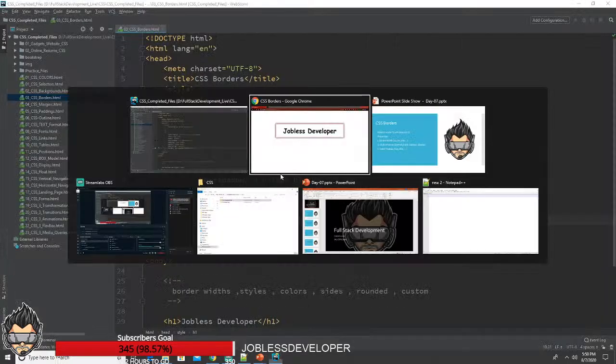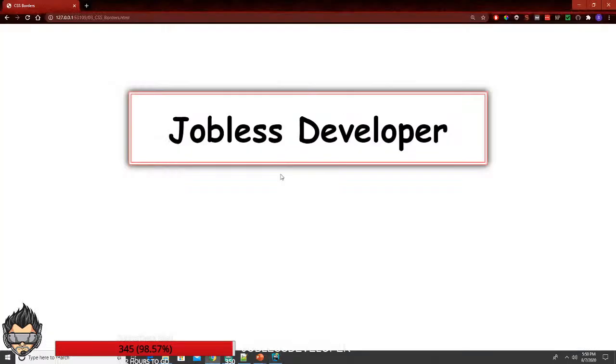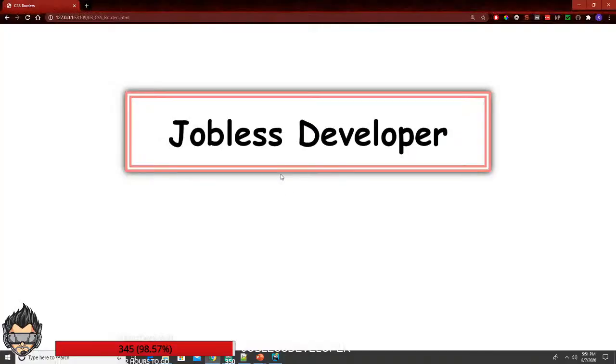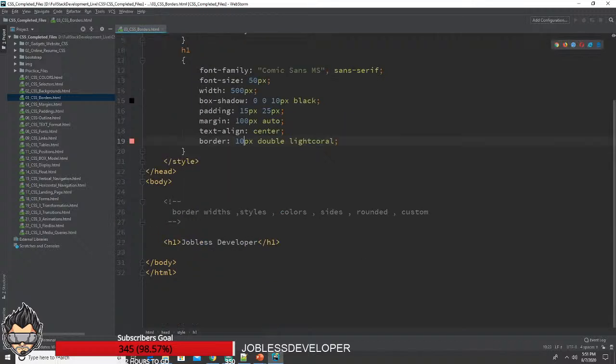So what if the width of the border is not that much, I want a slightly bigger border. So let's go and increase the size. We say 10 pixels, save it. Nice, right? So now that you know the border concept, this is good, but what if I want the border just on the left side of the screen? Okay, what we do is